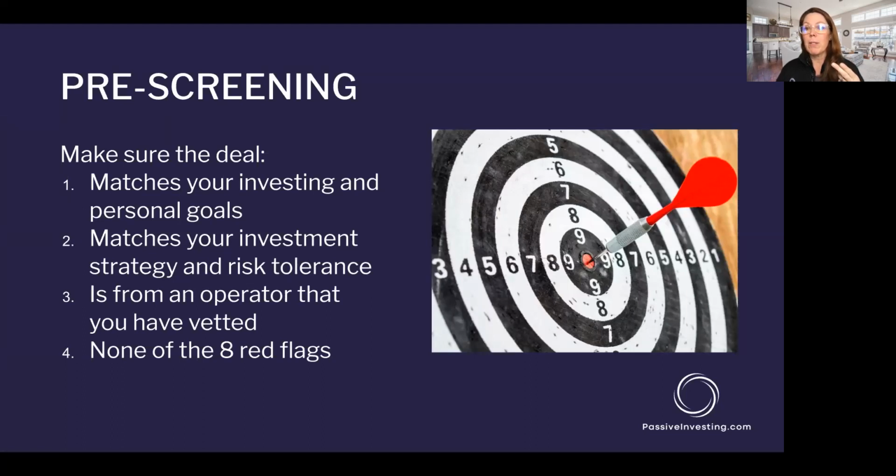They're full-time in their business, or at least somebody is, and there's more than one unrelated partner in that business. You can take a look at the lending pieces, the pref pieces with the GP catch-up, all those things. You want to make sure none of those 8 red flags are there, right? That is the initial 4-point screening question that you want to ask in order to get to that